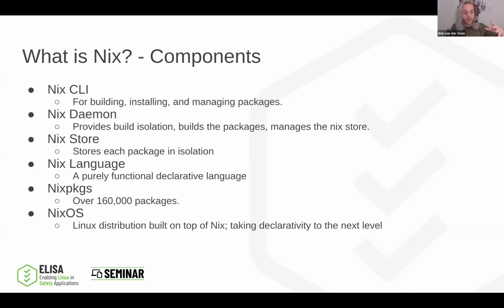And then there is Nixpkgs, which is a collection of Nix expressions that are made by the community for the community. There are more than 160,000 expressions when I last checked, which was last week. And that makes it the largest repository of software packages and libraries in the world, which is one of the things that makes Nix so incredibly powerful: how easy it is to add new packages to Nixpkgs.